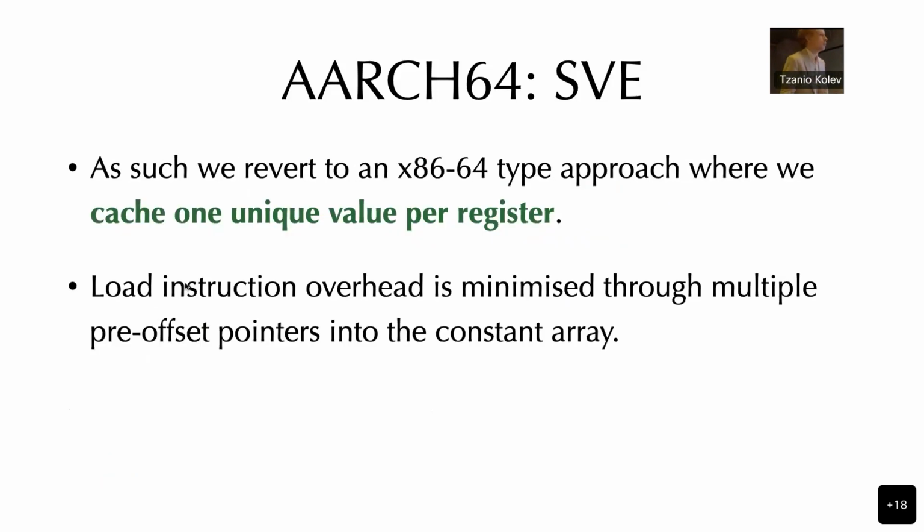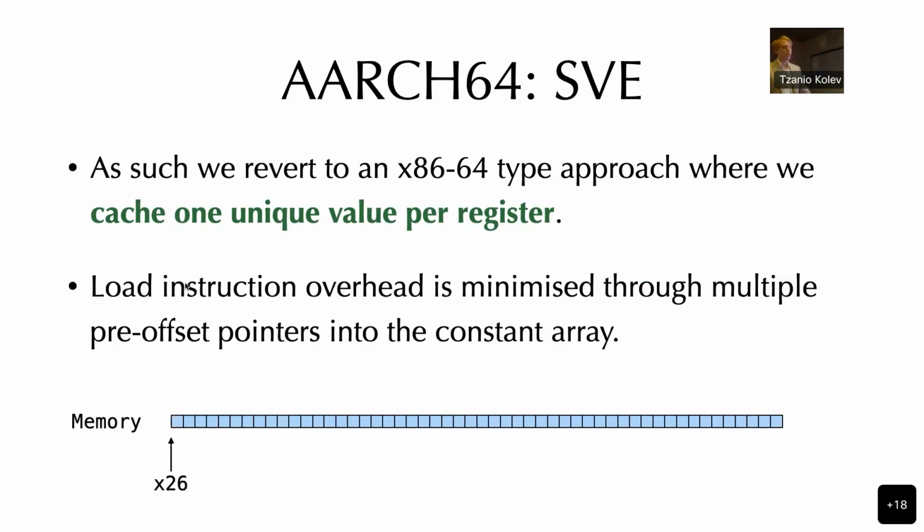Okay, so we need a compromise solution. What do? Well, we try and cache one unique value per register. So in other words, we do what we do on Intel. Each register just holds broadcasted constants. And the only thing we can do to reduce the amount of effort required for loads is, for these arrays,